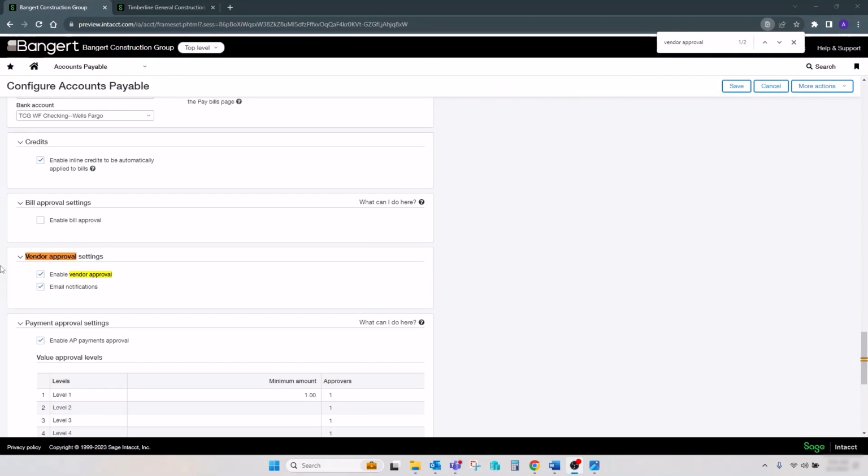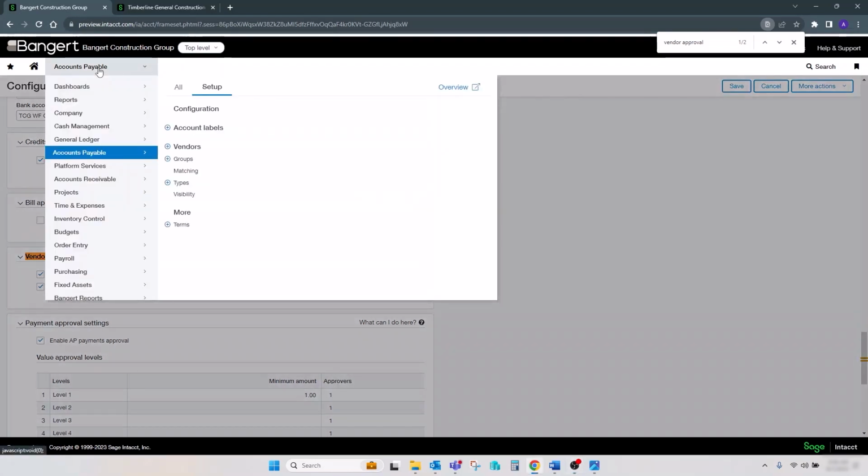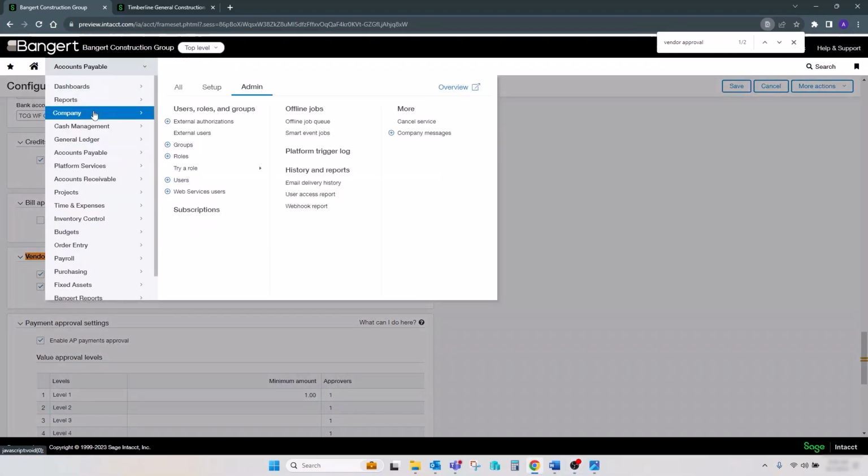You can also turn on email notifications sent to approvers that new vendors have been set up and are waiting for approval. Once you turn on this feature and vendor records have been updated, you have to assign permission to access a particular area of the program, and that's done under Company, Admin, Roles,